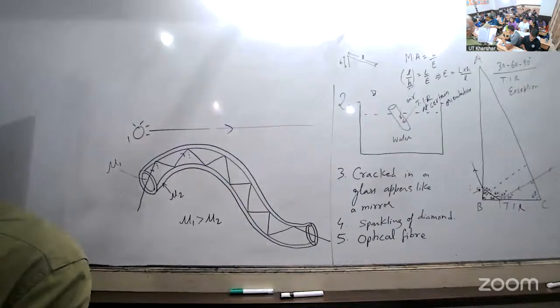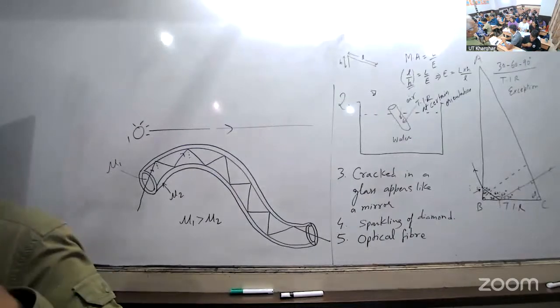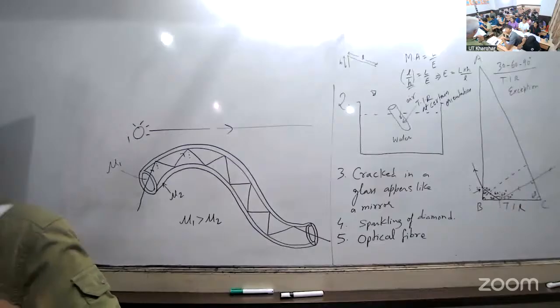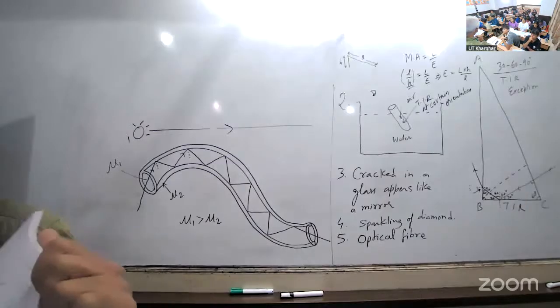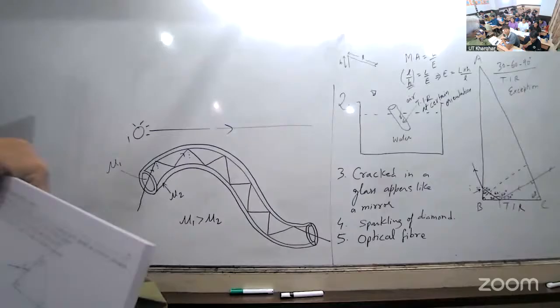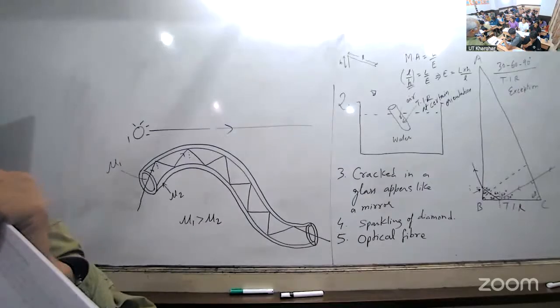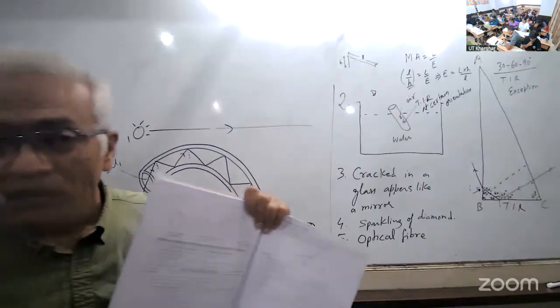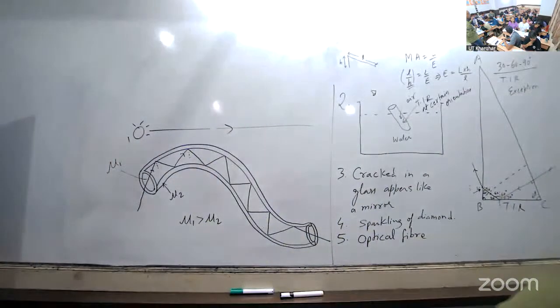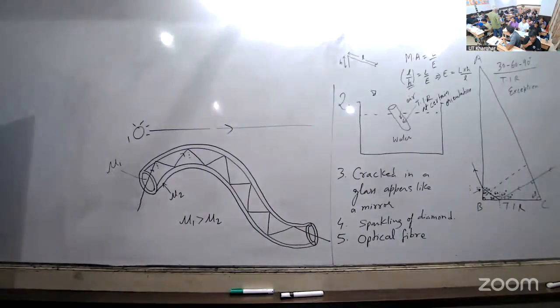The last point is important. Why should we consider TIR for image formation? It is because of the last point. The image will be much brighter in case of total internal reflection because there is no energy loss. In reflection by mirror, some of the energy is absorbed by the mirror. So the image quality created by TIR will be much better. Okay. All right. Now come to